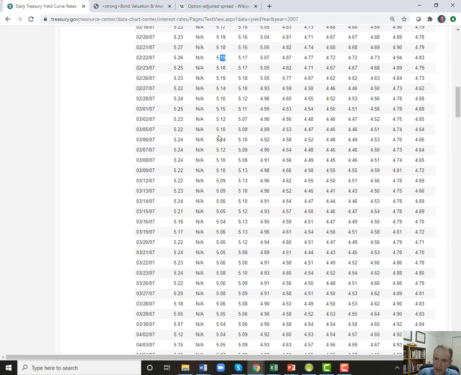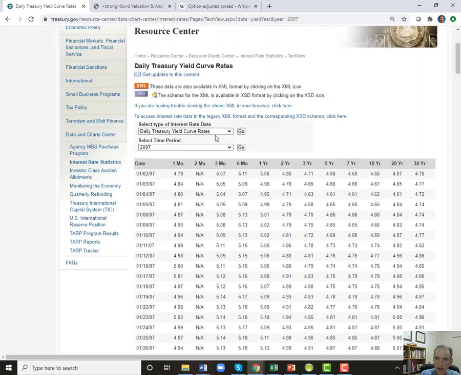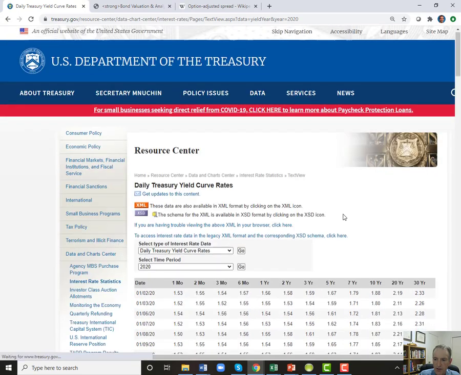Now, have you heard of that term inverted yield curve? Inverted yield curve means long-term rates are lower than short-term rates. When does an inverted yield curve happen? Usually about a year or so before a recession. And we know in 2007, that was about a year before a major recession in 2008. So this website can give you some history. So you go to today.